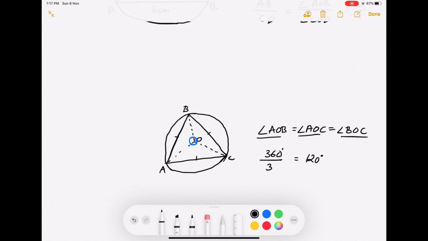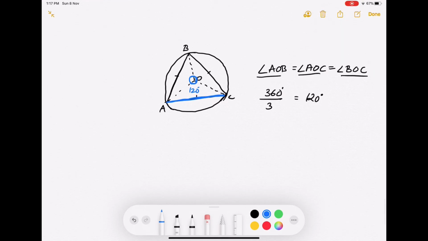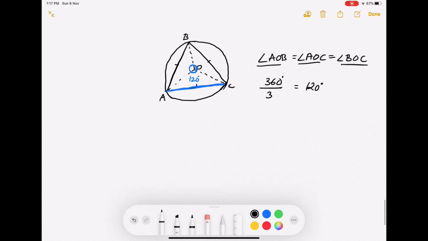So if I know that this chord AC is the side of an equilateral triangle, then I know that the angle subtended by this chord AC at the center has to be equal to 120 degrees. Similarly, I can take an example of any other regular polygon. So if I had taken a